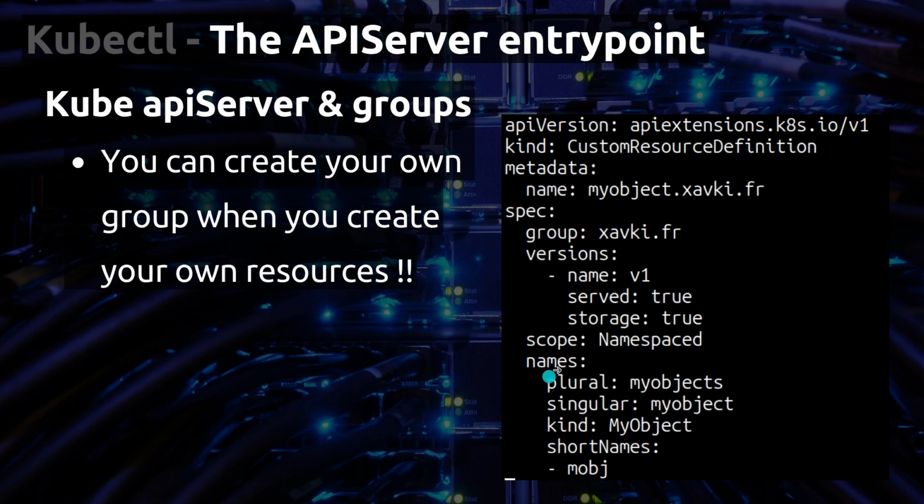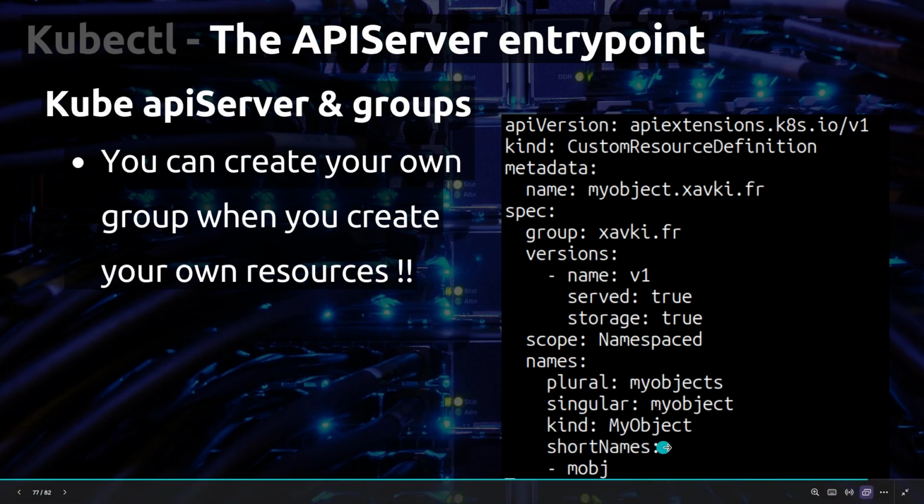And in the last part here, we can see that we define many names for the same resource because, for example, when you use kubectl get pods, we have a plural, but we can use a singular, for example kubectl get pod, and the output is the same.